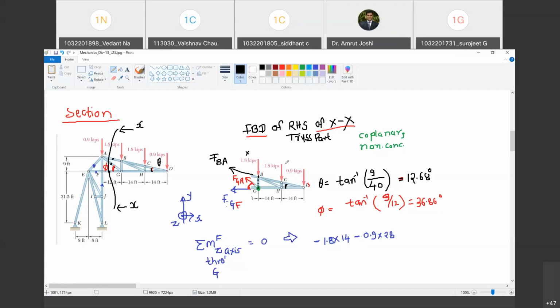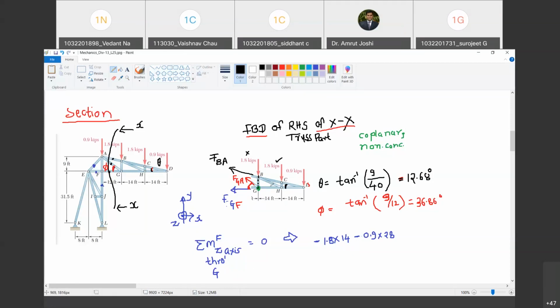So this force does not contribute to any moment. Happy? Yes, sir. However, this force is going to contribute to the moment. The force is vertical. I should be looking at the horizontal distance of G from its line of action. Are you with me? And how much is the horizontal distance? 14 feet. So it is going to be 1.8 into 14. And what kind of moment? Is it clockwise or anti-clockwise? Clockwise. So minus 1.8 into 14. Happy? Yes, sir. So this force contributes to the moment. What about this force? It is also going to contribute. 0.9 into 28. And it is also clockwise in nature. So minus. Happy? Yes, sir.